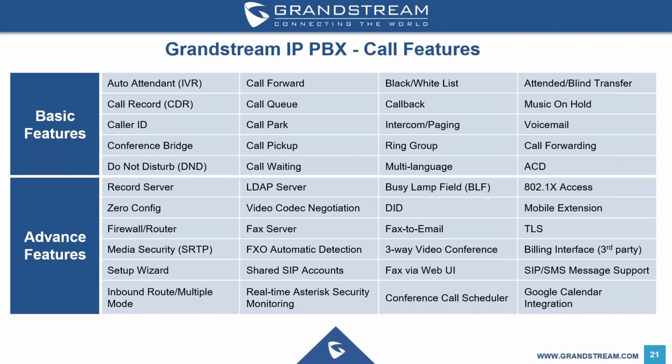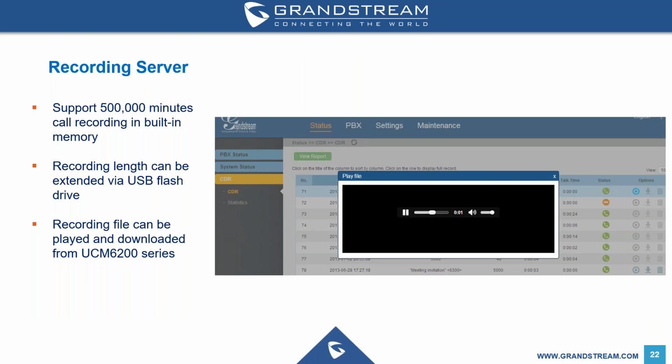And as I said before, either the basic features or the advanced features, they all come in one firmware. They are all supported by your PBX without any extra licensing fees. Recording server. So you can record locally. The UCM, depending on the model, comes with 2 gigs of flash. If you want to store your call recordings locally, you may have up to 500,000 minutes. Probably, if it's not too much, depending on your deployment,